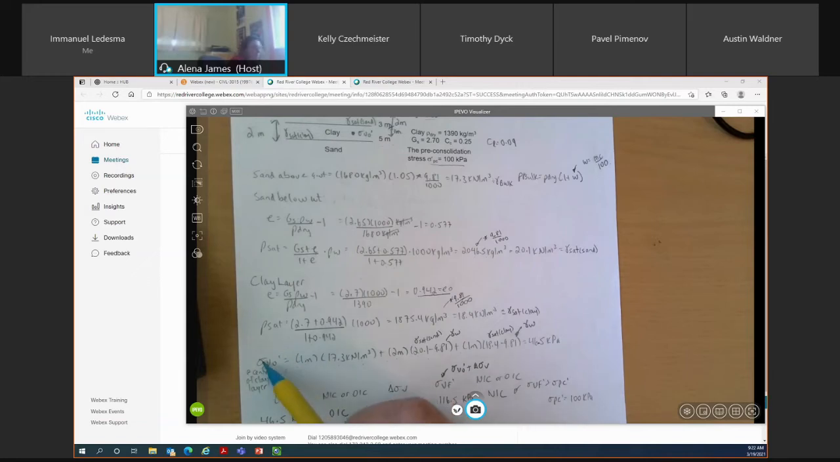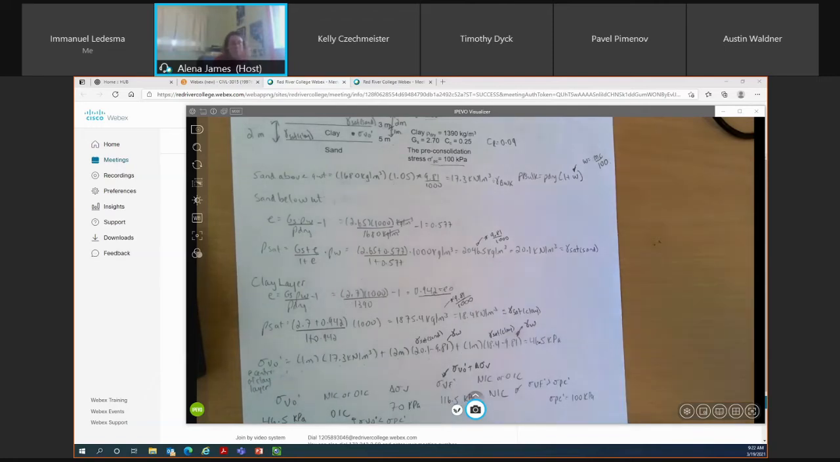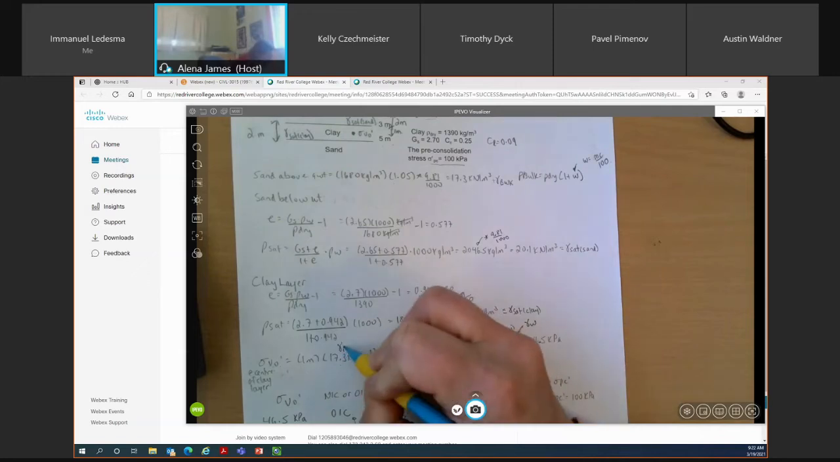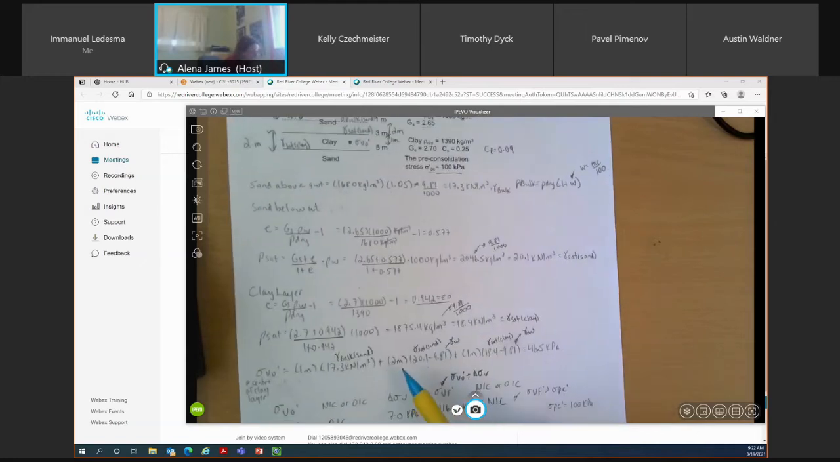So sigma V represents vertical stress, the naught represents initial, and the prime represents effective. So my initial effective stress is the 1 meter thick sand layer above the groundwater table times the bulk unit weight of sand, which is 17.3, plus 2 meters of sand below the groundwater table times my saturated unit weight of the sand,